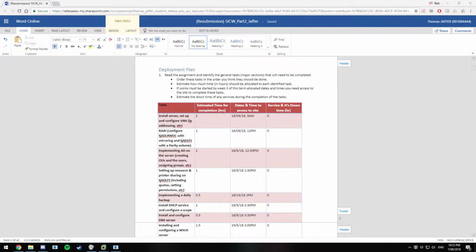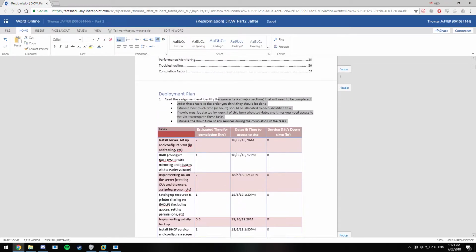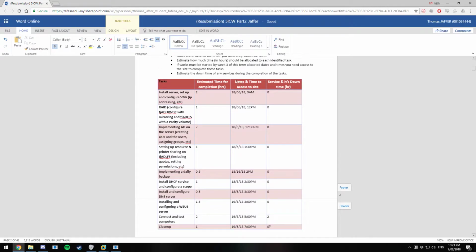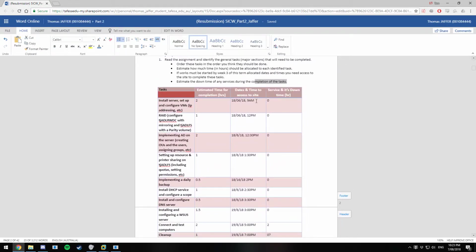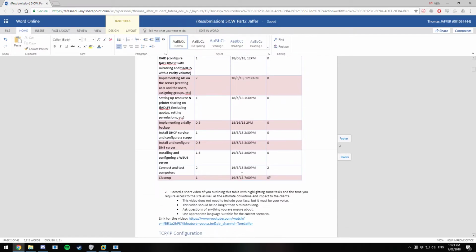In this section, I listed every task that was required to be completed, along with the amount of time it would take to complete, the date and time I need access to the site, and how long it would be down. It turns out that hardly any of the services would have to be down, and it wouldn't really affect the business time, except the business would have to be open for about 2 or 3 hours just to test properly. I thought it was best to do that out of hours rather than during hours, just so business wasn't interrupted. Anyway,